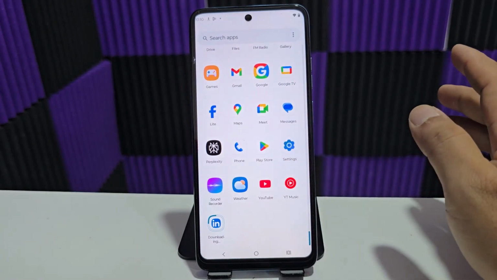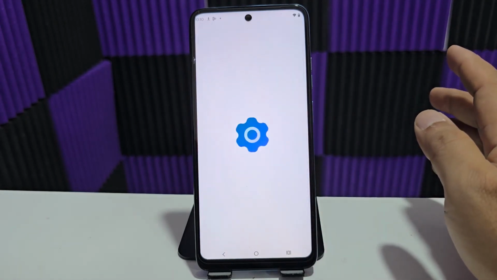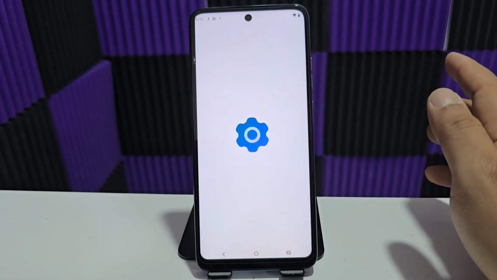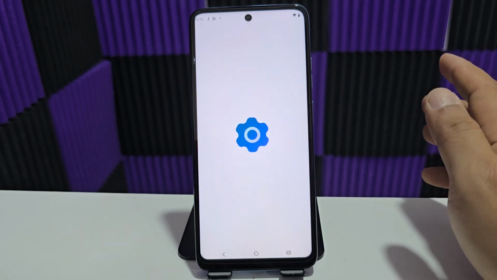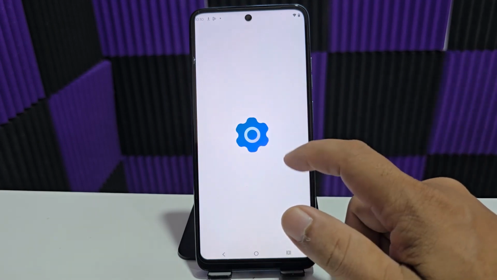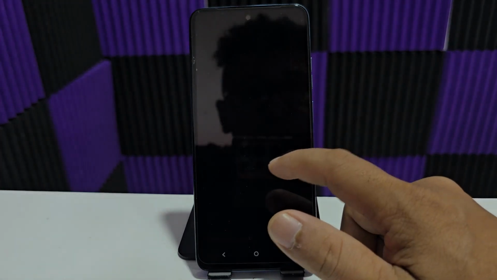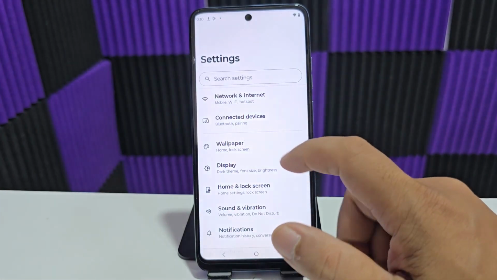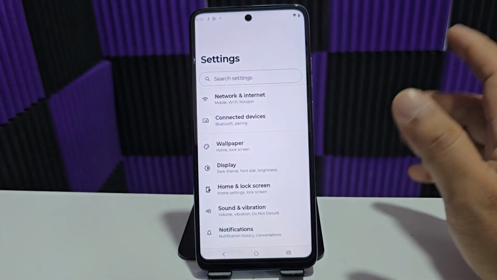Google Play freezes, or suddenly an error appears. Why do these errors occur? You can see that the settings also freeze. Sometimes this happens. Well, I'm going to explain what you're going